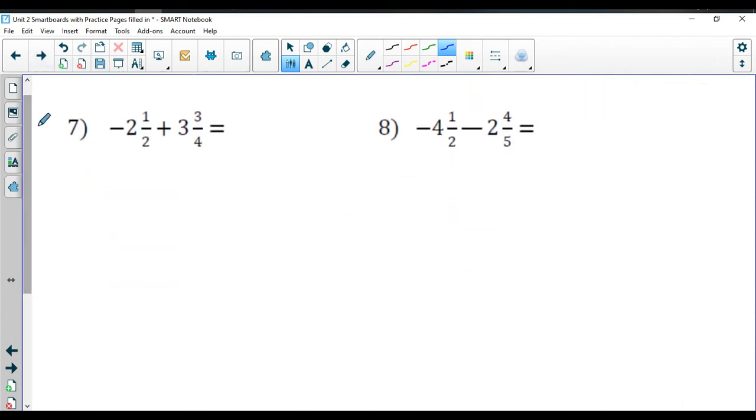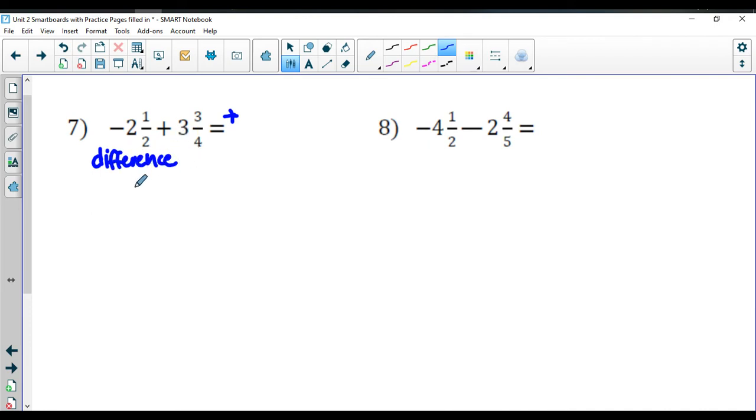Take a look at number 7 here. So we have negative 2.5 plus 3 and 3/4. So my answer is going to be positive because my 3 is bigger than a negative 2. So 3 is bigger than 2, so my answer would be positive in the end. But thinking about the adding rules, if you remember when we were adding integers, if the signs were different, you actually found the difference between the two numbers. So I'm going to actually be finding the difference here